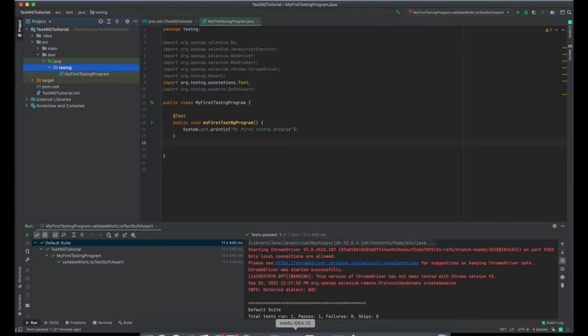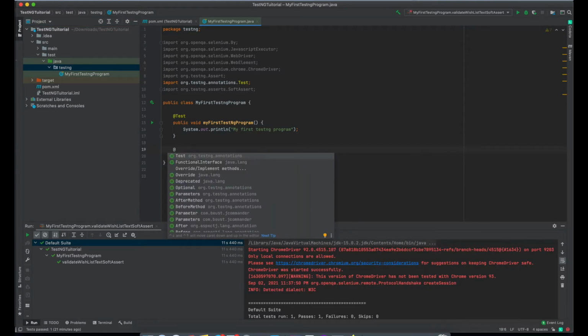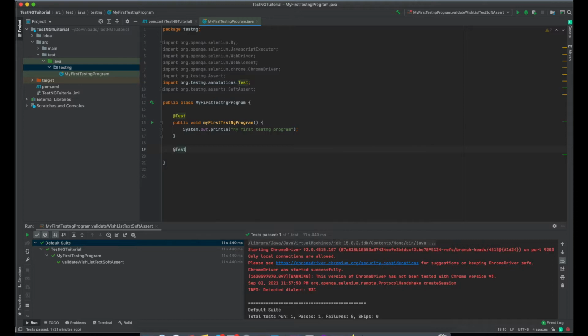So let's get started with the programming. We are just going to create a new test method, public void, something like... let us see what we can automate on Myntra.com.